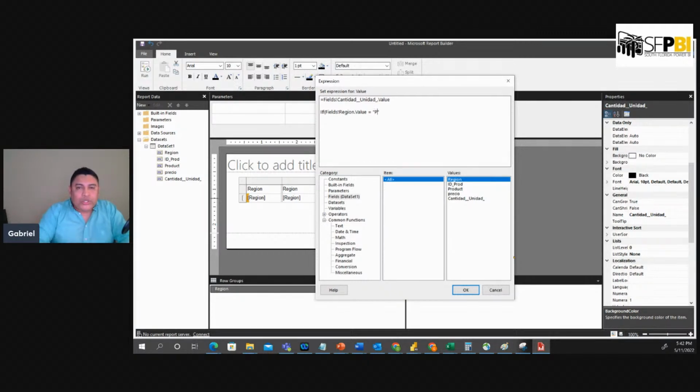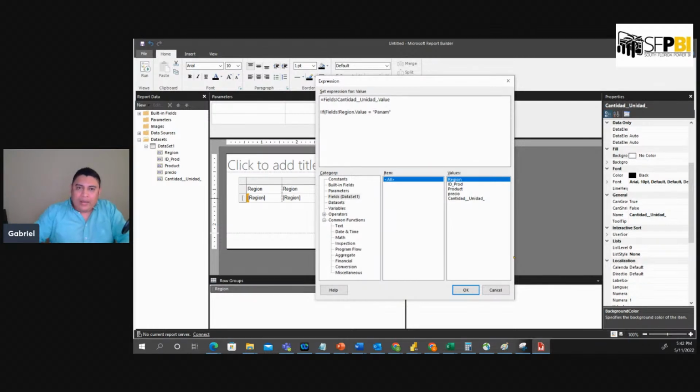One of the regions, or the shortest region I have in my data set, is Panamá. In Spanish we use this symbol above the letter, which is called tilde. It is just to put the stress on the letter. For example, Panamá. The sound is harder here. Then, if the region is equal to Panamá,